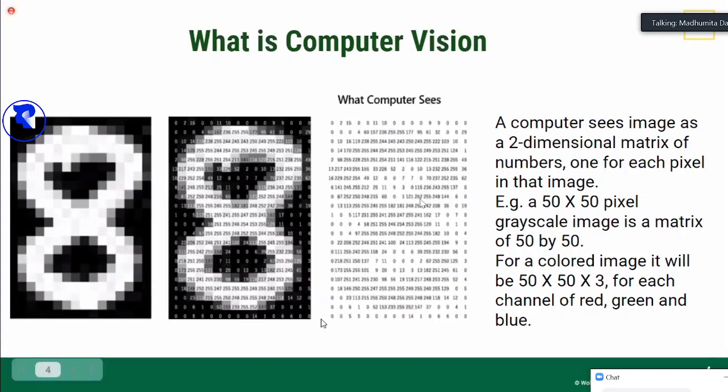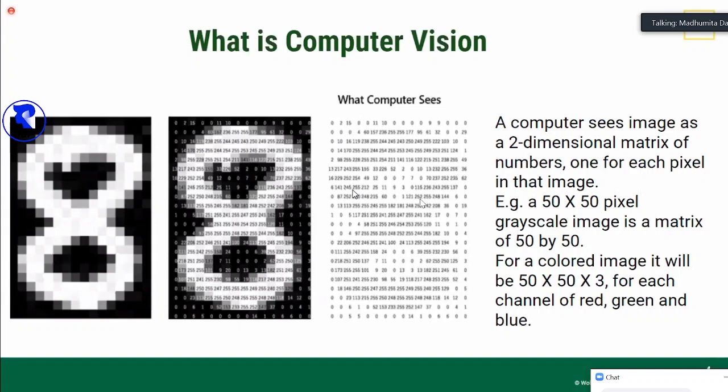Suppose this is a 50 by 50 grayscale image. For computer vision, you usually pass on a square matrix, so if you have an image that is not square, then resize it. This is what the computer sees and tries to classify, and these numbers vary from 0 to 255.